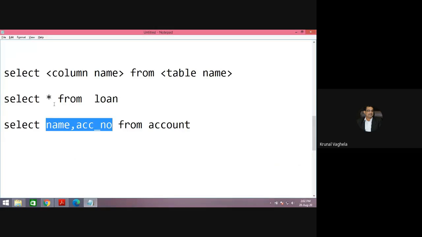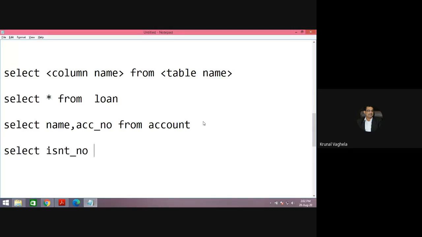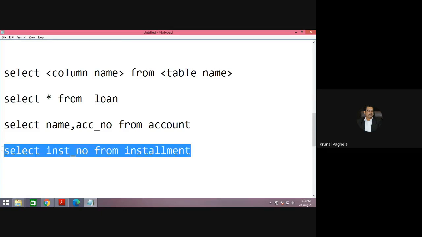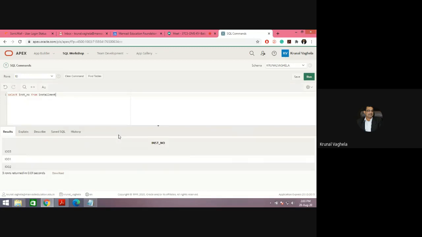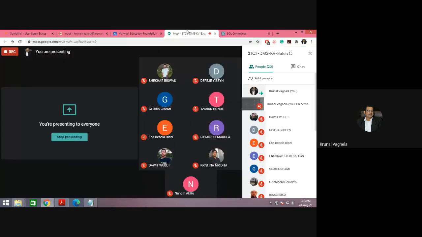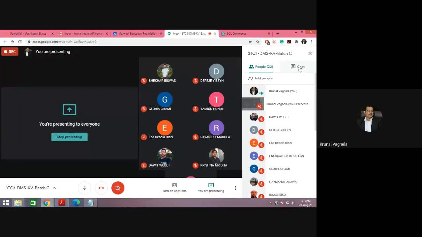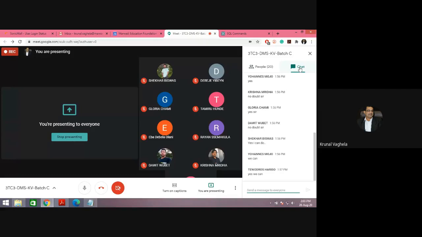So select inst_number from installment. I will also only get installment numbers. Got it? Any doubt, any query, how to display selected columns and select all columns?